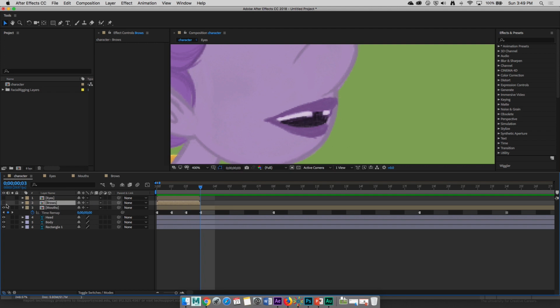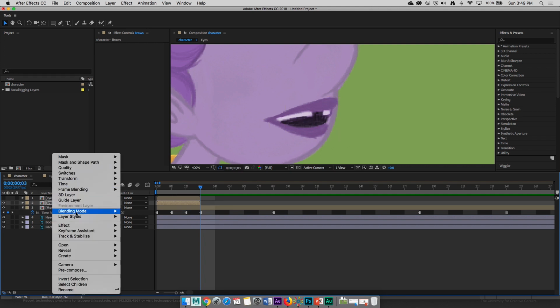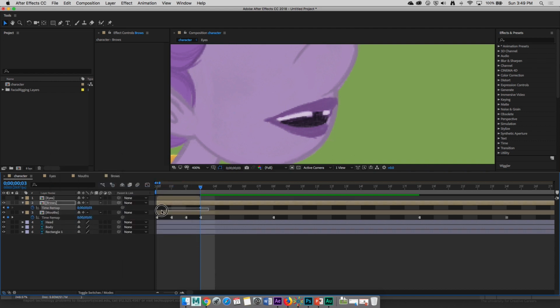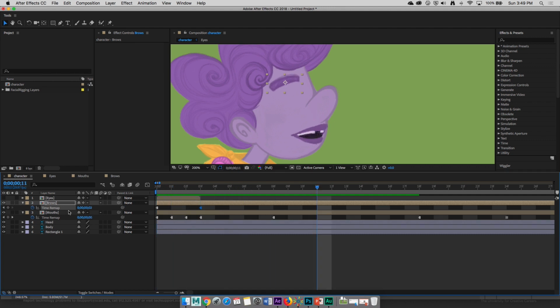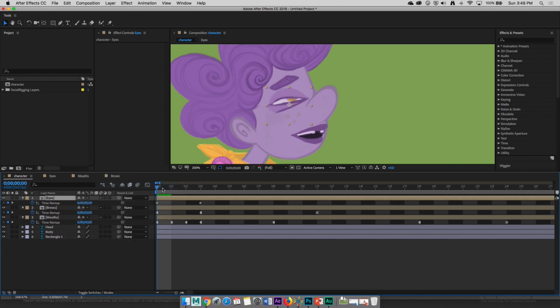I'll do the same thing on the eyebrows. So right click, enable time remapping, and change these keyframes to a hold keyframe. And now I can switch between different shapes for the eyes. Frame number 2, 1, and so on. Good. I'm going to do the same thing for the eyes. Time, enable time remapping, select the keyframes and toggle hold on them, and now I can switch between different shapes